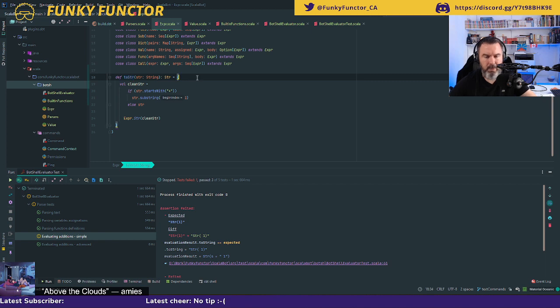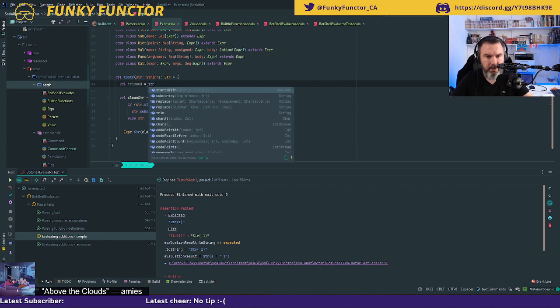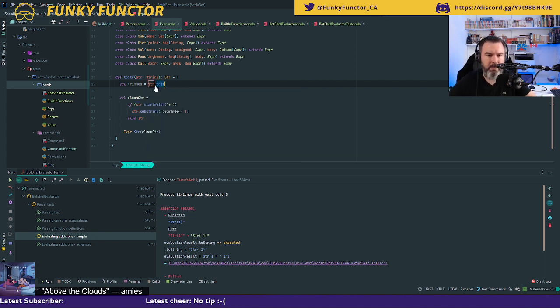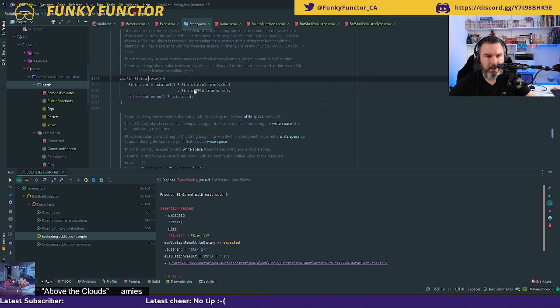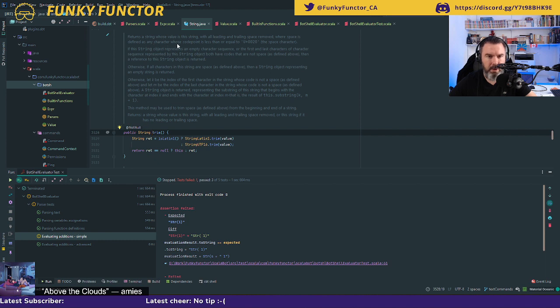Yeah, I will need to remove for string, val trimmed equals str dot... I think trim is the one that removes everything before and after, right? Let's see, it returns a string whose value is this string with all the leading and trailing spaces removed, where space is defined as any character whose code point is less than or equal to...